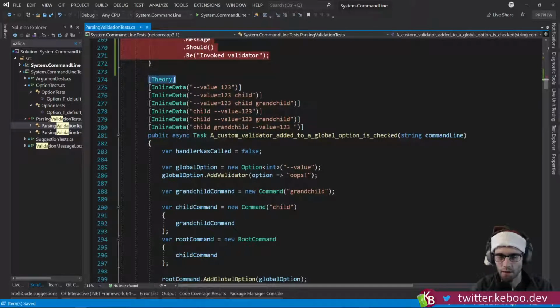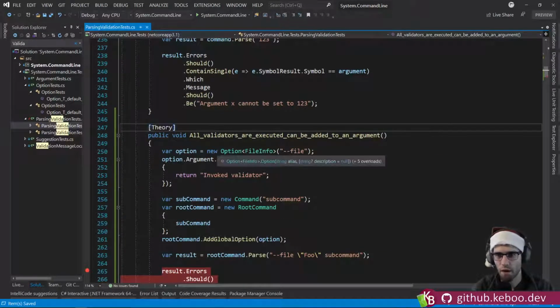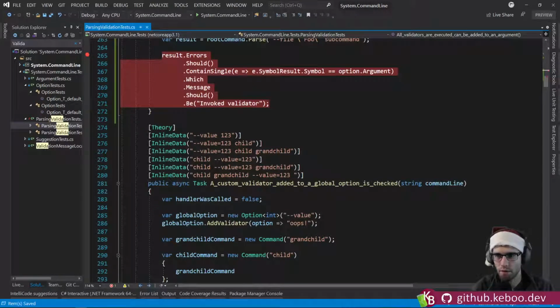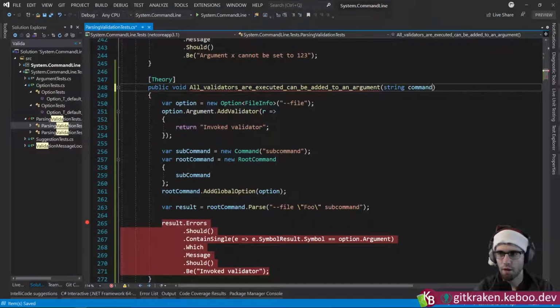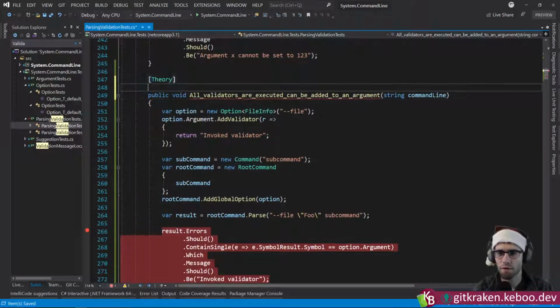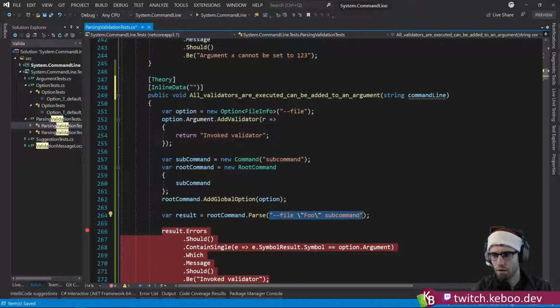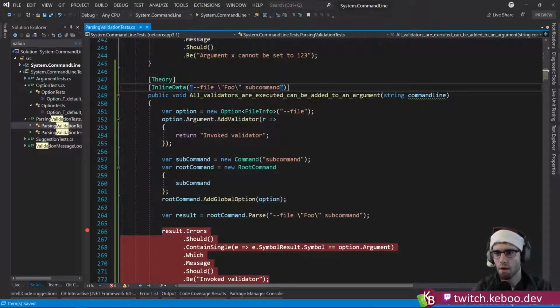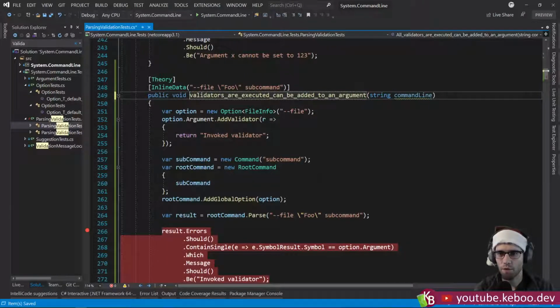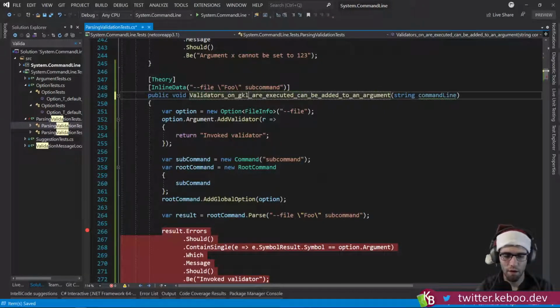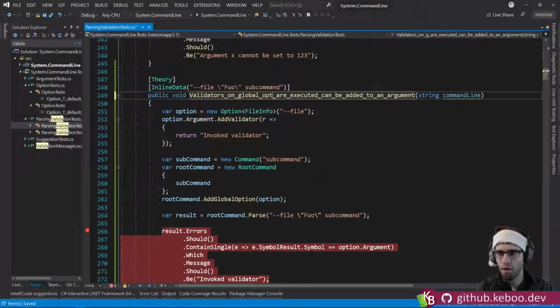And I think we're going to change up our test to a theory. Right? And I think what we are going to do is something kind of like this. So string command line, right? Because we want to make sure that this works. Inline data. And we're going to do this. Validators. Let's change this to be something a little more explicit. How about custom validators, or maybe not even custom, because this is just all validators. Validators on global options